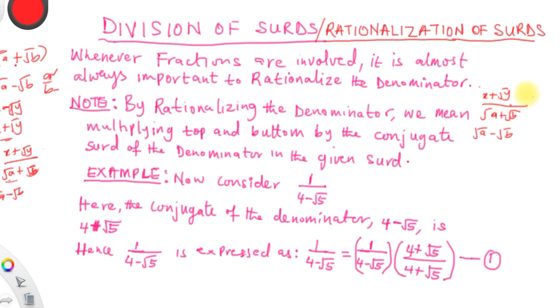Otherwise, you multiply the numerator of the given fractional set by the conjugate of the denominator, and then multiply the denominator by the same conjugate. Let me show you how you should do this. For example, if you are given, let's say,